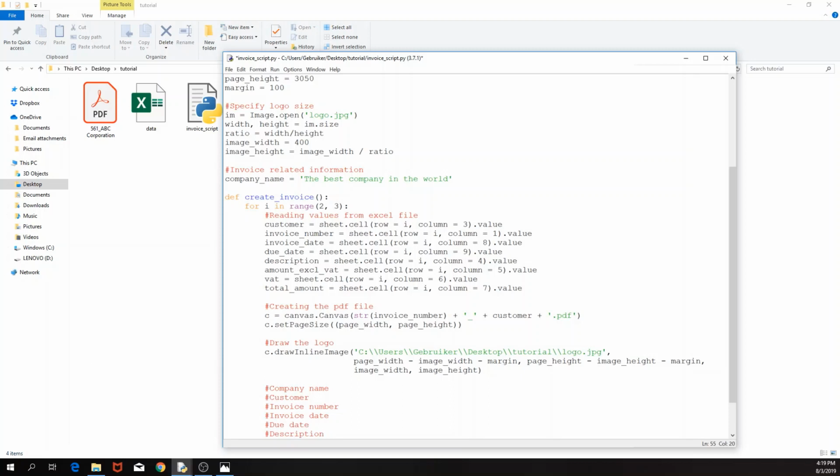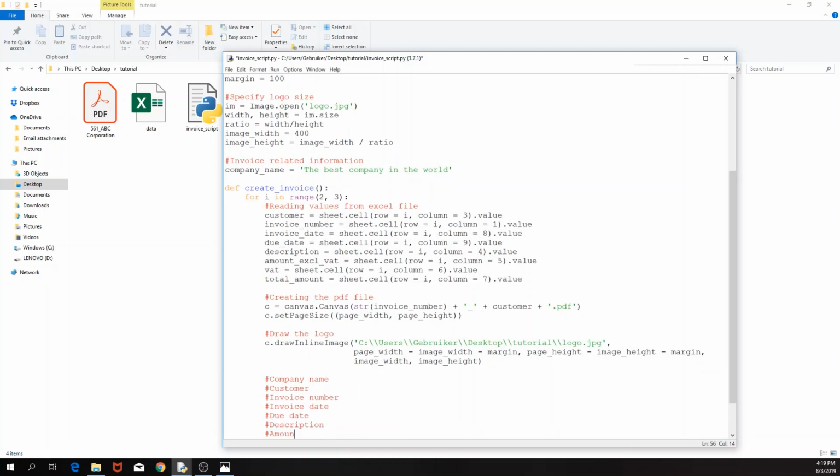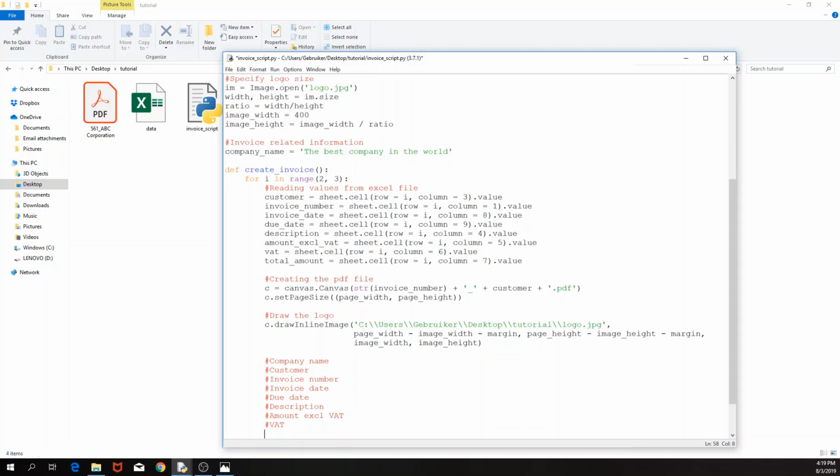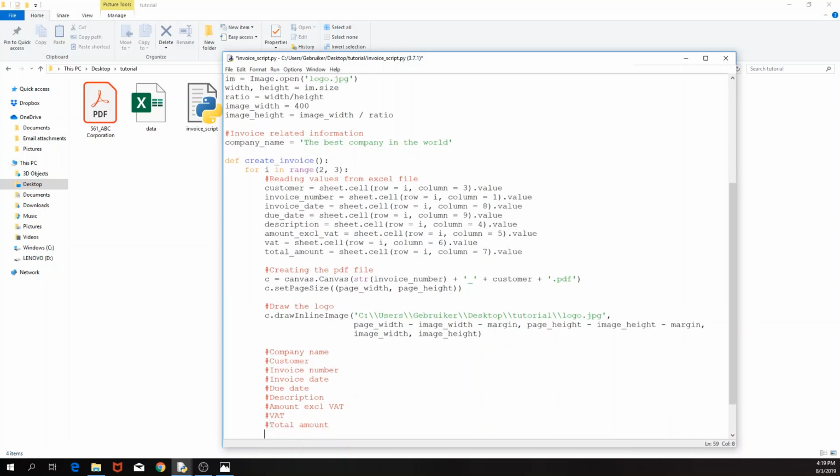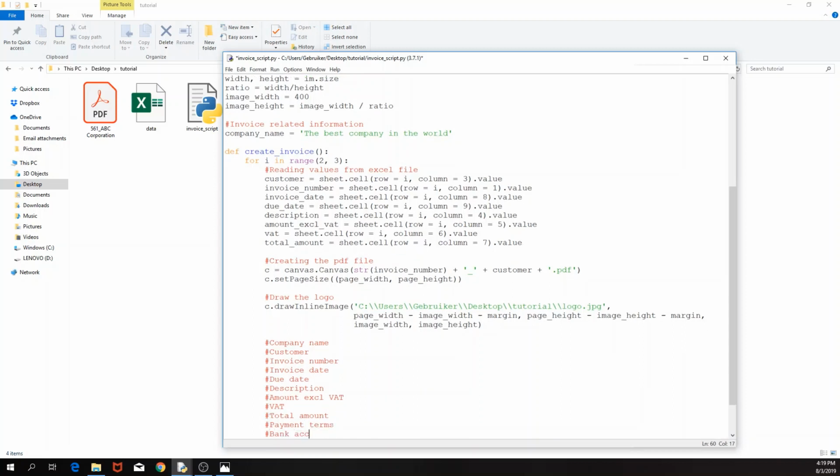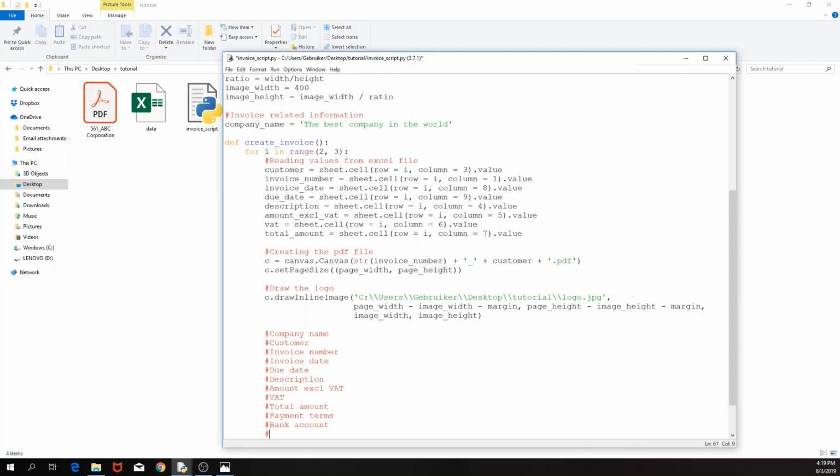Then the next could be the amount, so amount excluding VAT, total amount, and then at the end we would like to have some information regarding the payment terms, the bank account, and then maybe some contact information. And I think if we do this, then we should have an invoice, at least a PDF file, that contains everything